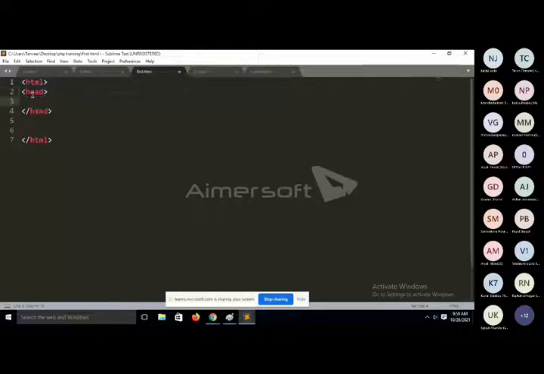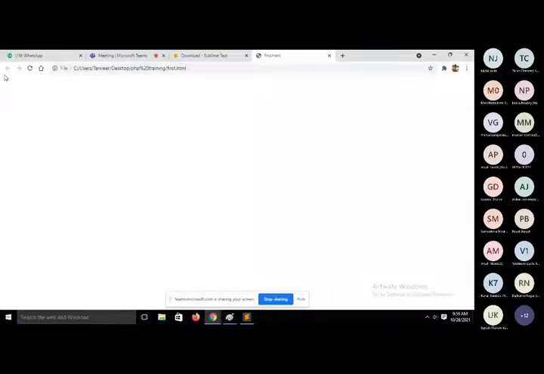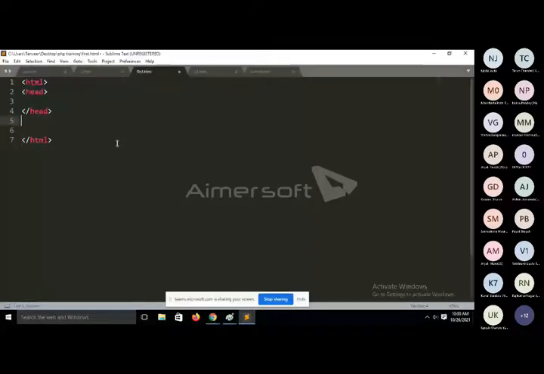One more thing, we have the second section, that is from here to here. It is known as body. So basically each and every HTML page divides into two major parts. First one is head. If you want to perform any operation in the header, then you will use the head tag, and if you want to perform any operation in the body, then you will use the body tag.